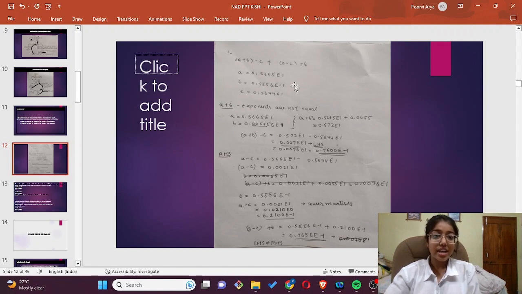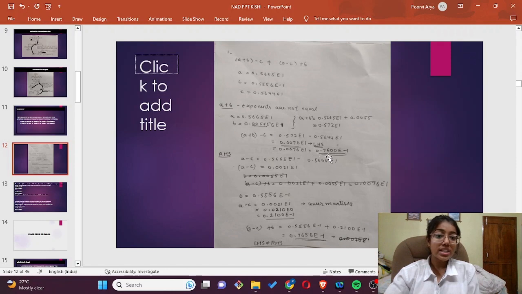Now let's solve RHS, that is a minus c plus b. When we subtract c from a, we get 0.0021 where exponent is 1, and b is equal to 0.5556 where exponent is minus 1. Both the exponents are not the same. So we change the exponent of a minus c to normalize it, and then we get 0.2100 where exponent is minus 1. Then we solve both of them, a minus c plus b equal to 0.7656 e minus 1, and